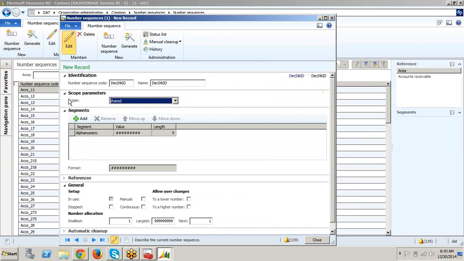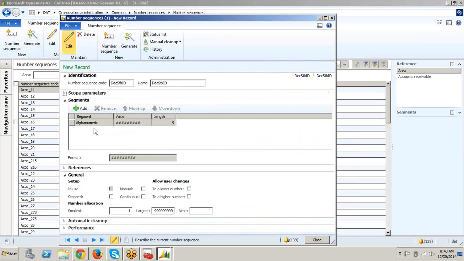Number sequence. And here the segment: you can see the alphanumeric, 9 characters. And here I'm adding a constant.